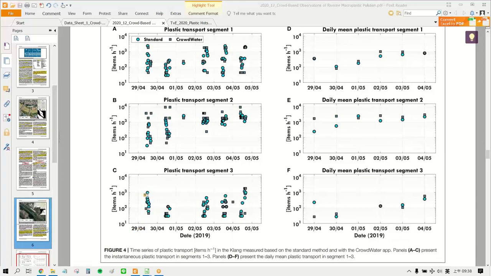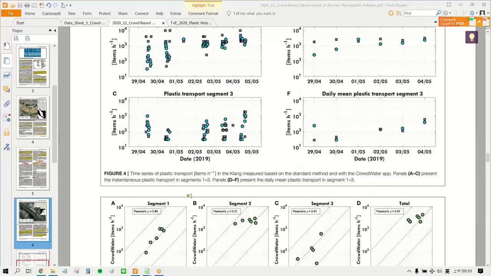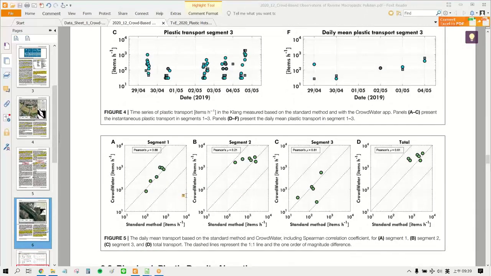The standard method counts a higher number of plastic. By the groundwater, the apps can record less number of plastic. So this is about the floating plastic in figure 4. And the next figure 5, they compare these 2 different methods to see is there